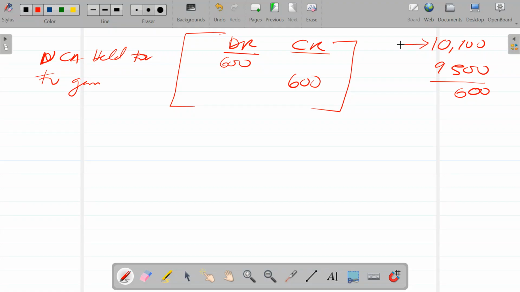So if it exceeds the original carrying amount, we will restrict it to the original carrying amount. Yeah, another way of looking at this is that